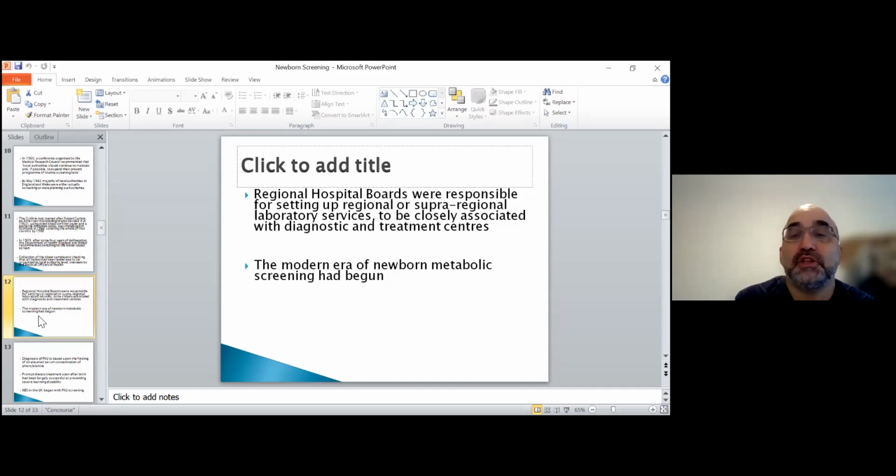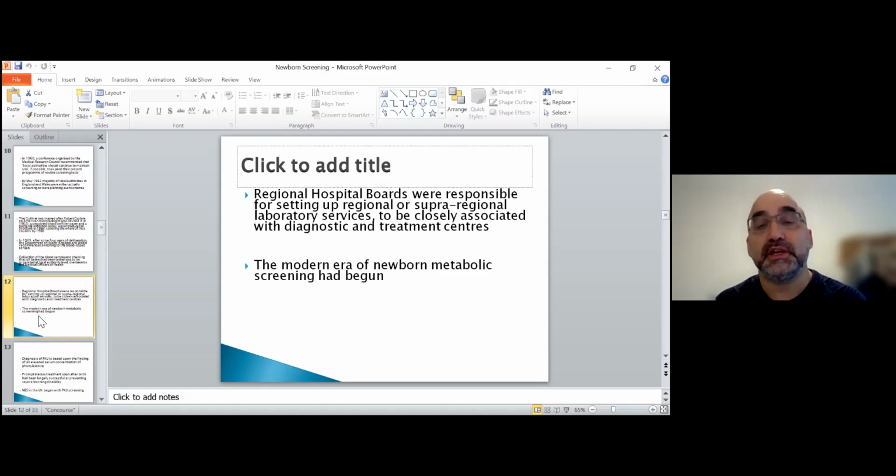So at this point, we have the basic structure of the newborn screening set up. So we have the laboratories that do it, and I'll show you which laboratories do it in the UK in a minute. And we have a system where all the babies get tested, and we have a system for referral and also very, very tight quality control over the reporting, the whole process, basically the end-to-end process.